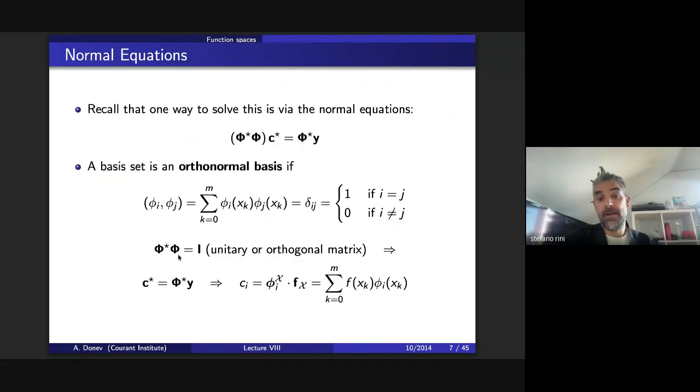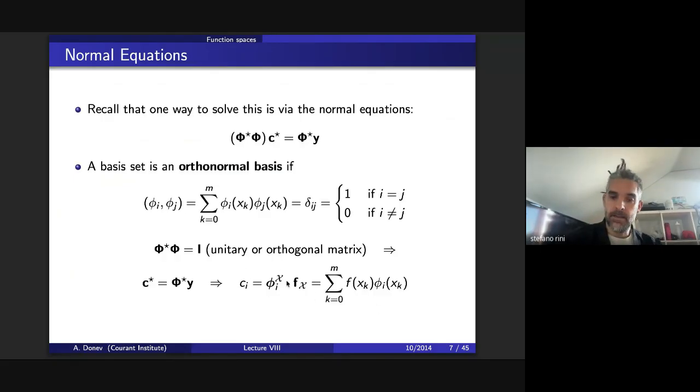And so, if we ask for this condition for the basis to be orthonormal, then what you will obtain is that the product phi transpose phi will be equal to an identity matrix. And so when we want to solve this problem, we don't have to worry about inverting this square matrix in the pseudo inverse. We just have the phi transpose, and then we are all happy because we just have to consider the evaluation of the